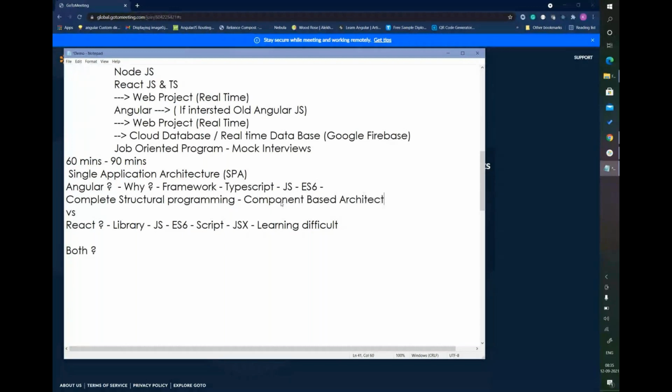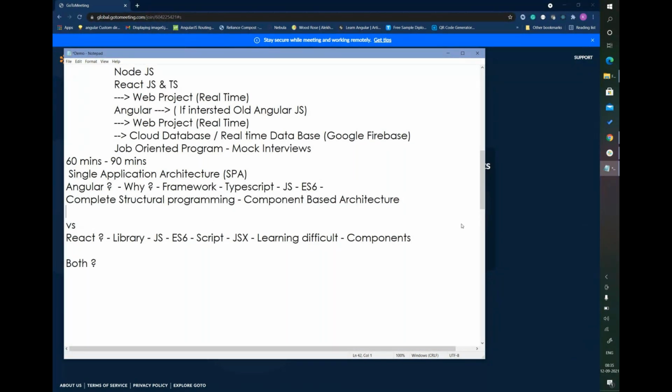Okay. In React also we take care of components. Each and everything we define in a component. Comparatively, learning Angular is a little easier, because Angular comes with more command options, operating from the view part.